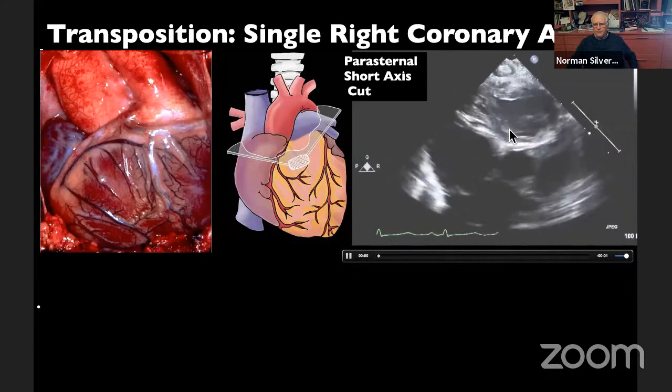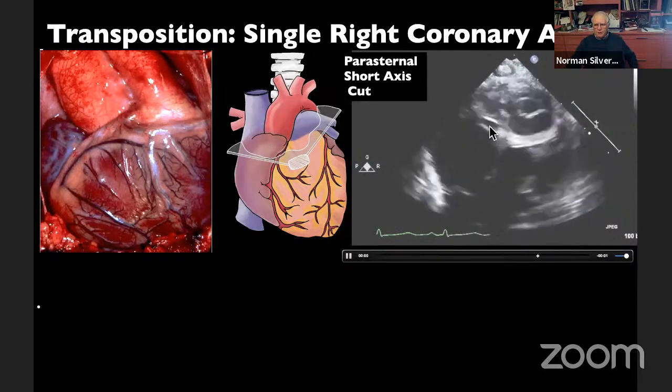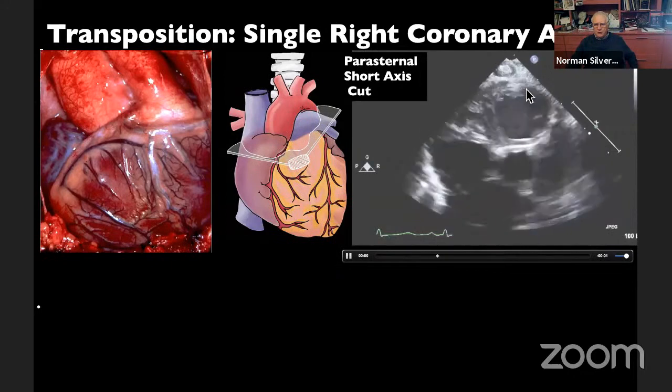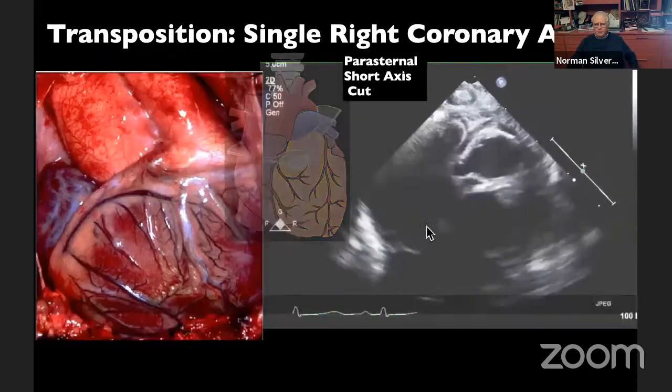Here you see the orifice very beautifully with the labels off, the large right coronary artery subtending the left coronary artery as it runs anteriorly and gives off the conus branch.